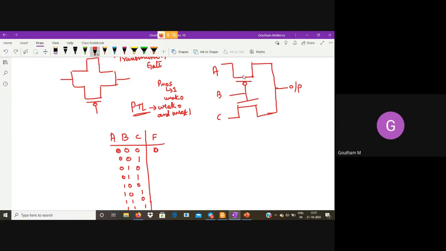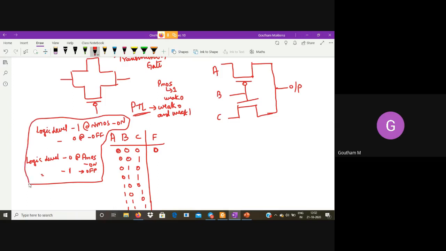When the logic level at the gate of NMOS is 1, it is switched on. When the logic level at NMOS is 0, it is off. When the logic level at the gate of PMOS is 0, it is on. Similarly, when the logic level at the gate of PMOS is 1, it is off. I thought we are well beyond this. Now tell me, when B is 0, is PMOS on or NMOS on?